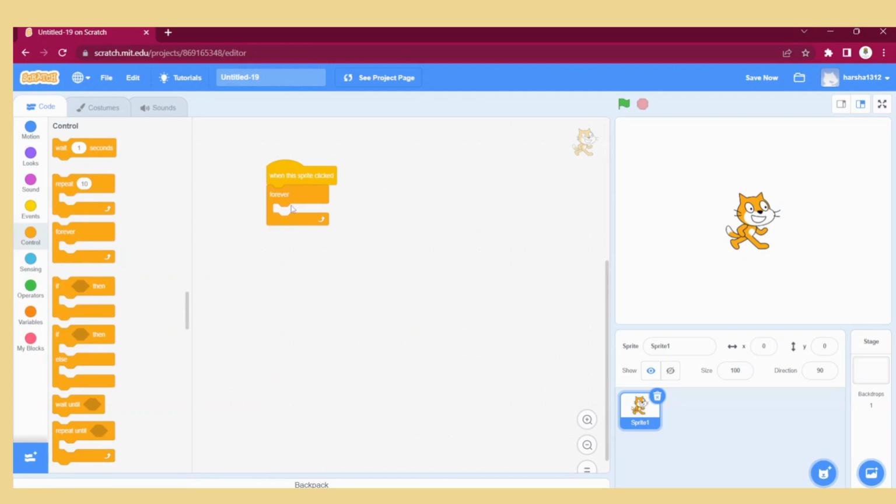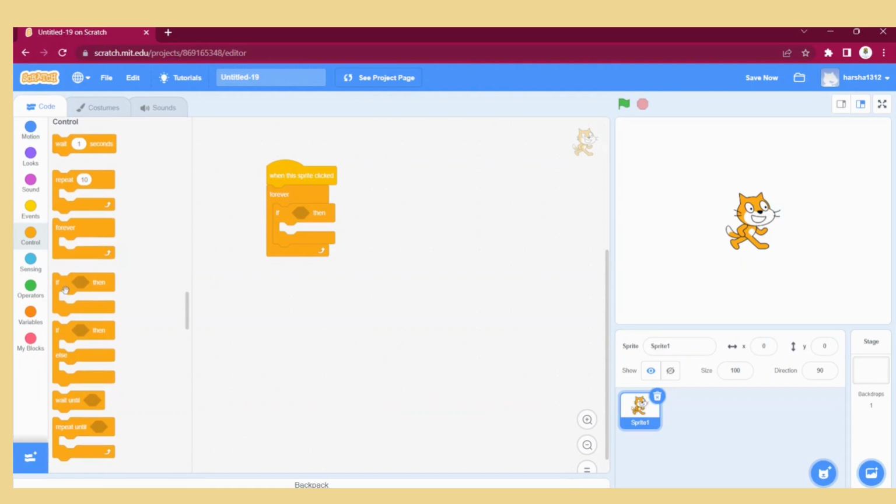Now inside this forever block, we have to add two when key pressed blocks from the events category. Now we have to choose the left arrow key for one of the when key pressed blocks and the right arrow key for the other. So we will have two if else blocks inside this. Let me add another one below this,